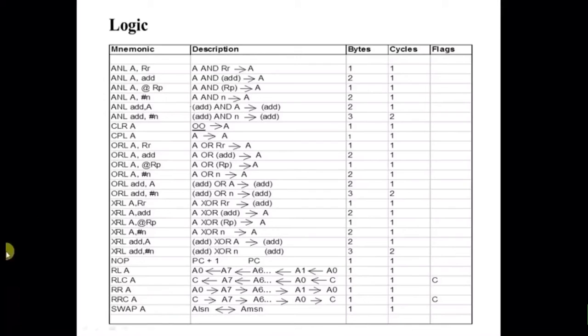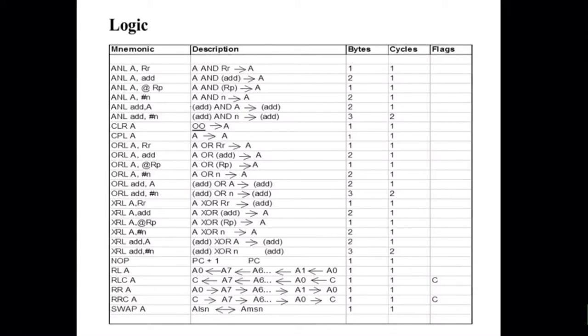And next, the XOR operation. So XRL A, Rn is XOR logic. The XOR logic truth table is: if both inputs are the same, the output is 0, and in all other cases, the output is 1.